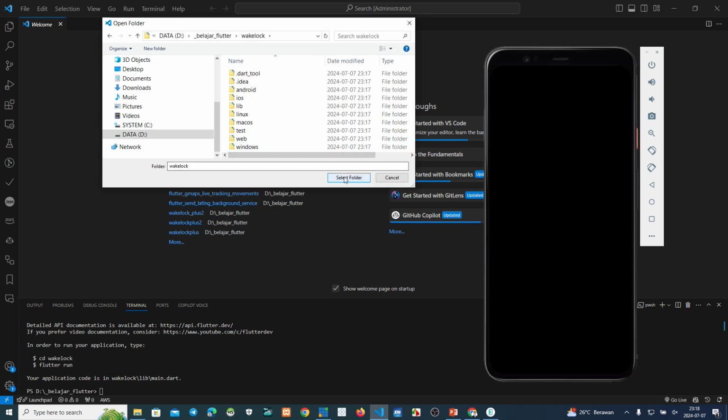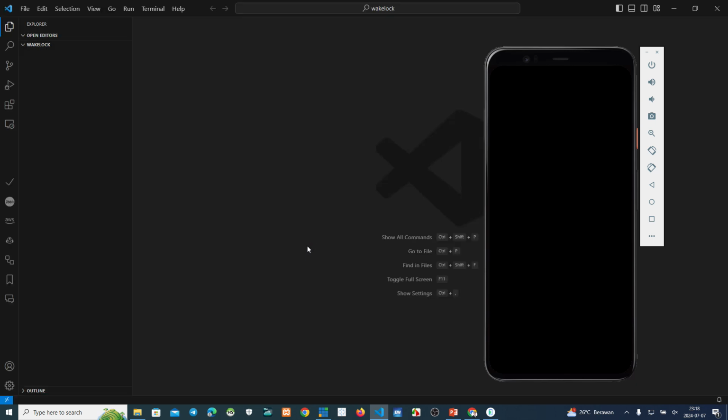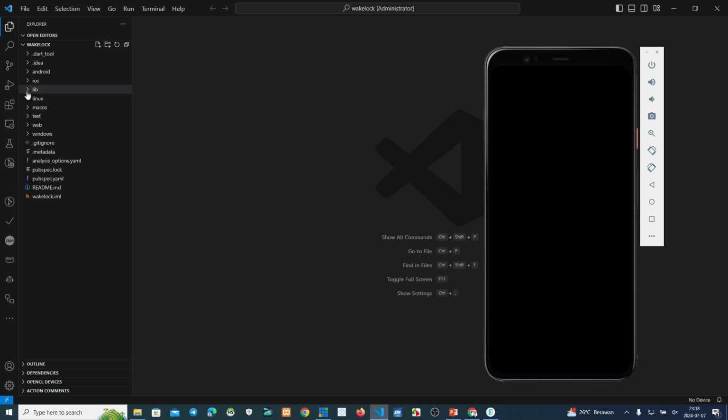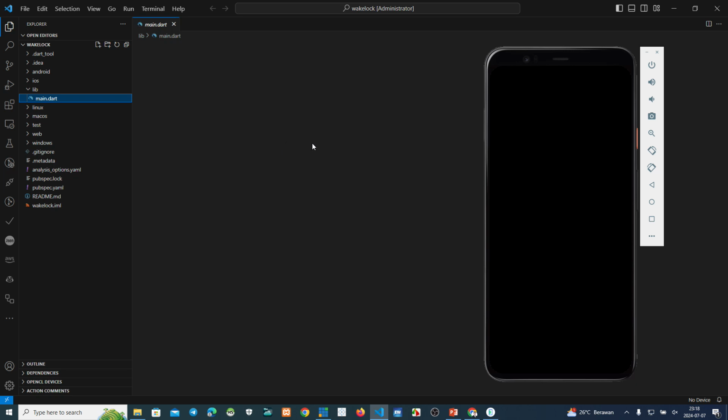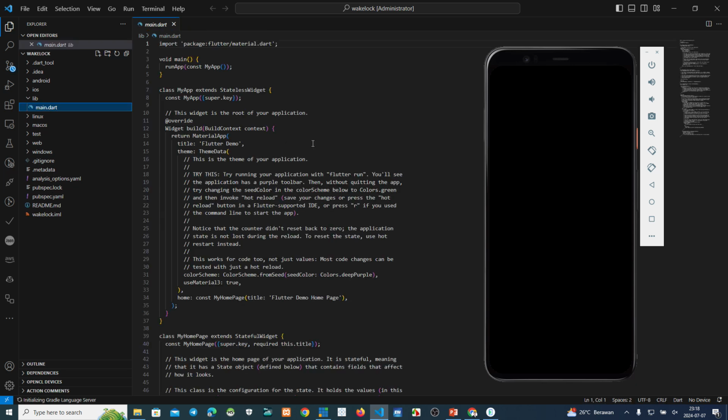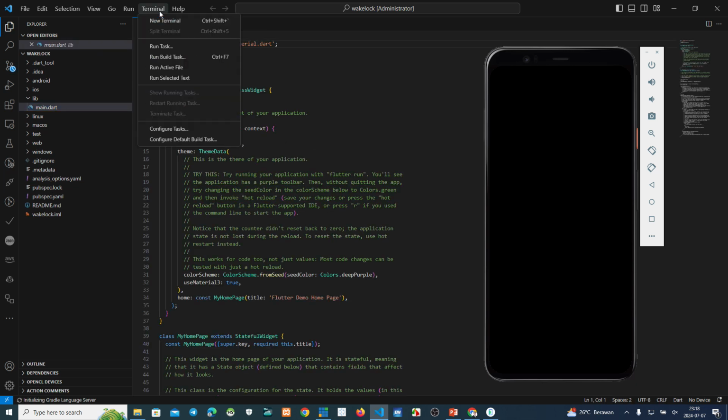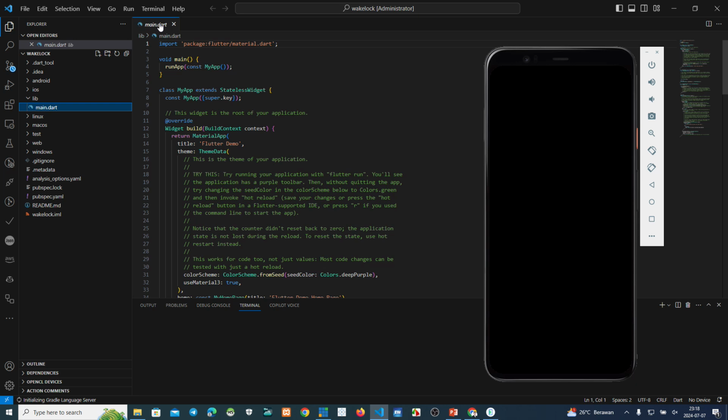Okay, select folder. Wait a minute for the script to show. Now we make a new terminal.